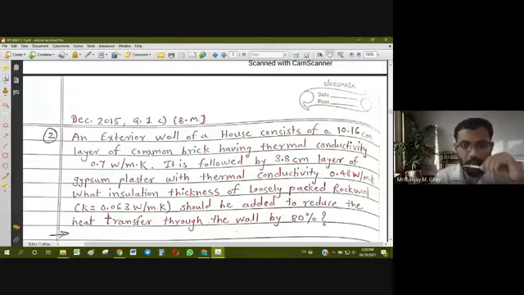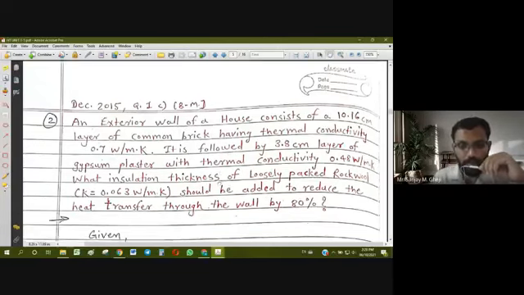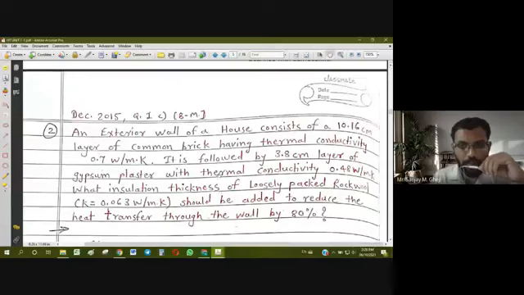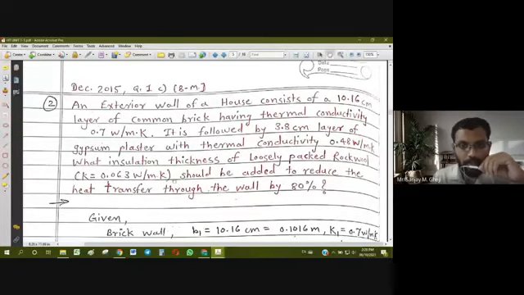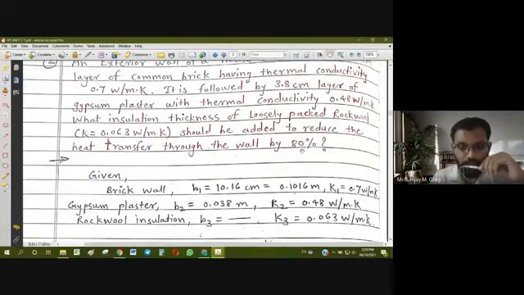Existing wall has only two layers, and when we provide insulation, it will have three layers. So two different cases we have to analyze, and then we can proceed for the solution. That is to find the proper thickness of insulation so that heat transfer can be reduced by 80%. Okay,